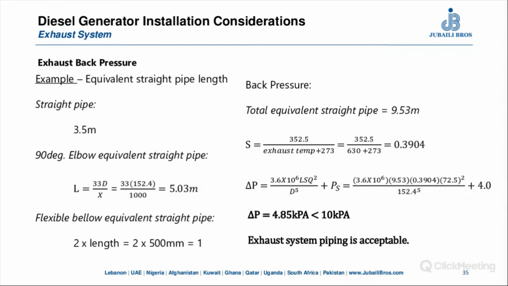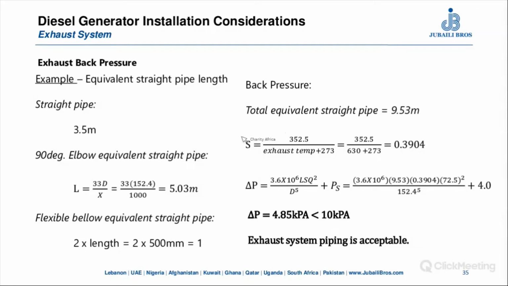And the flexible bellow, that is 500 mm in length, should be multiplied by 2 to get the equivalent straight pipe. So we have 1 meter. In total, we have 9.53 meters of equivalent straight pipe. So that is from the route